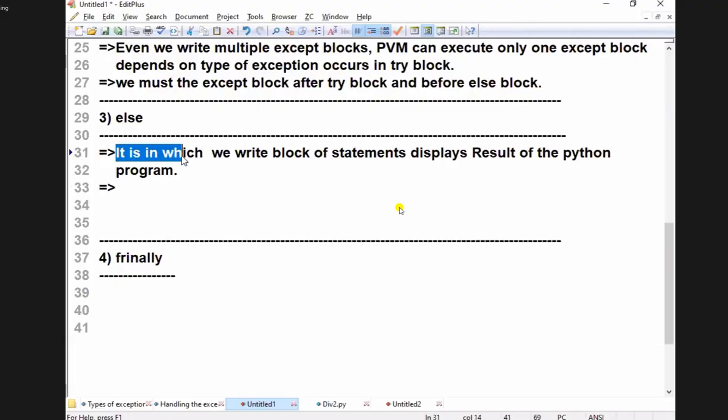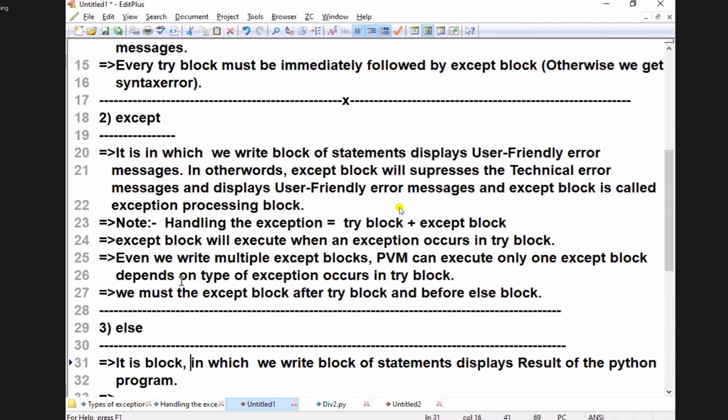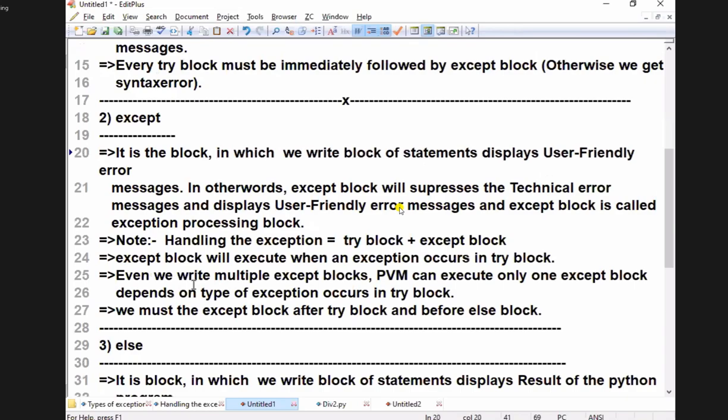It is the block in which we write a block of statements generating messages.